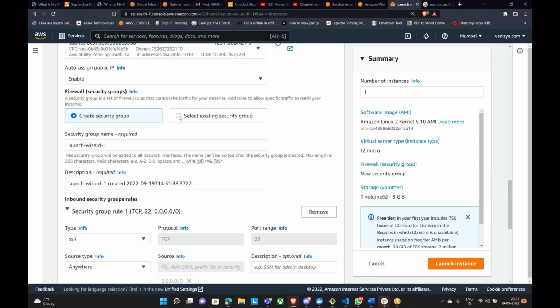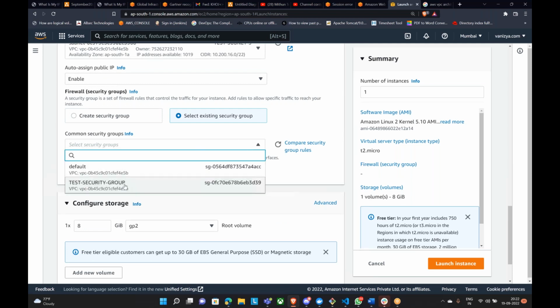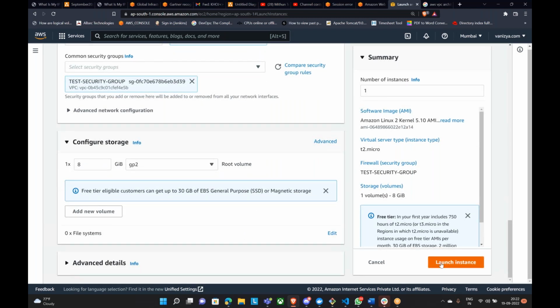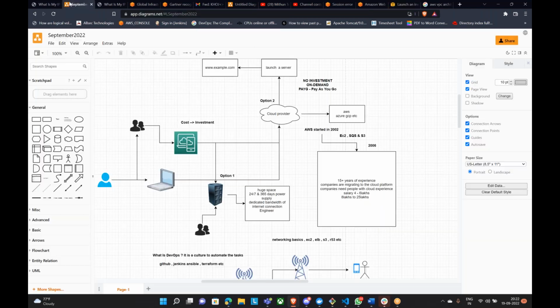And also I told you about the security groups. So security groups are like a firewall at the instance level, right? So we also created this, right? And I'm going to launch. So let it get launched, and meanwhile let me